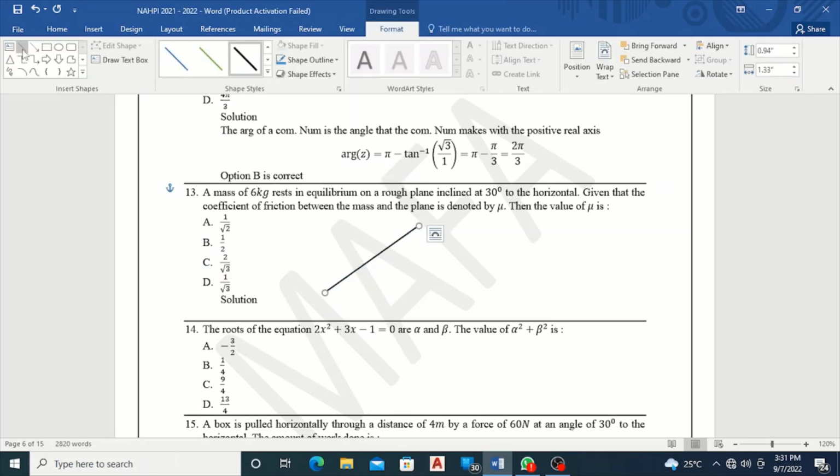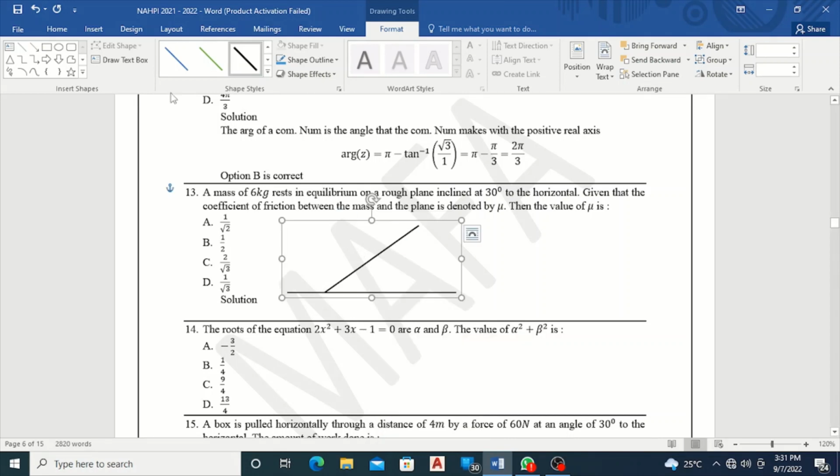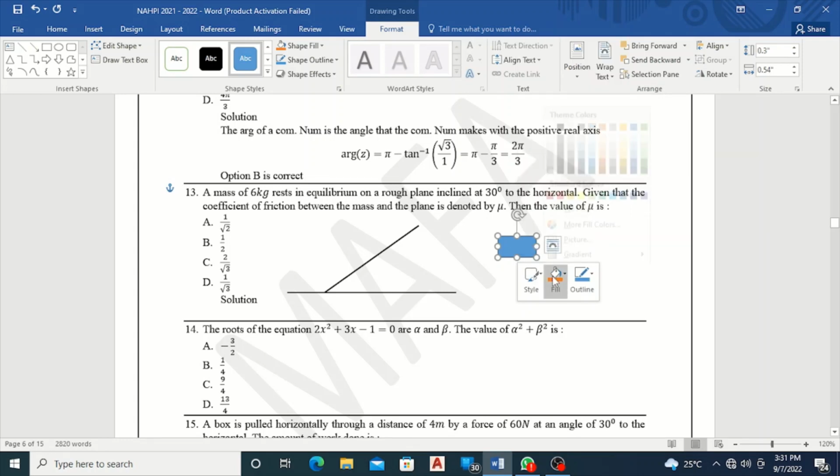So there is a plane, there is a slope of the plane. Now here is the horizontal. Okay, now we have a mass that rests on that plane. So let me just present the mass as a box, you see. So you rest on that plane,